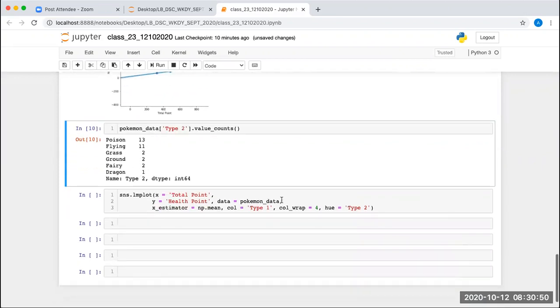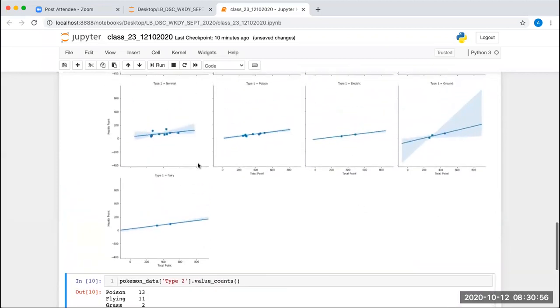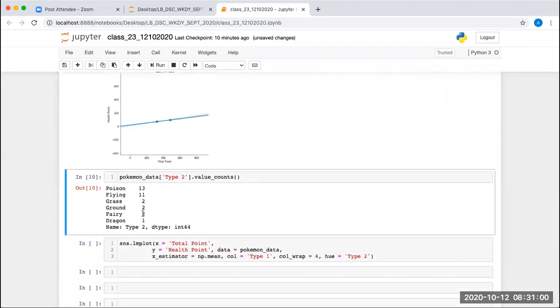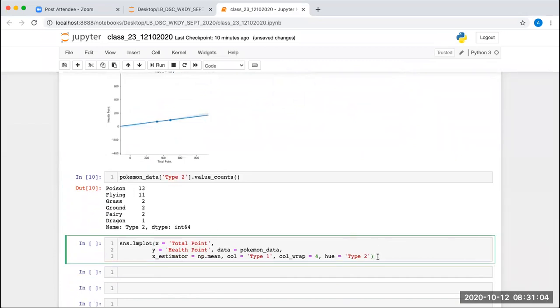Now, if you add the hue attribute with the type 2 column, in every plot one color will be added with respect to every type 2 value. Also, column wrap is there, so that's fine.